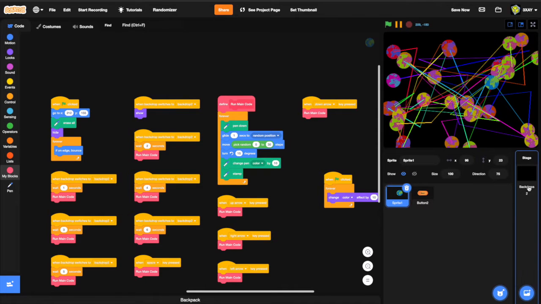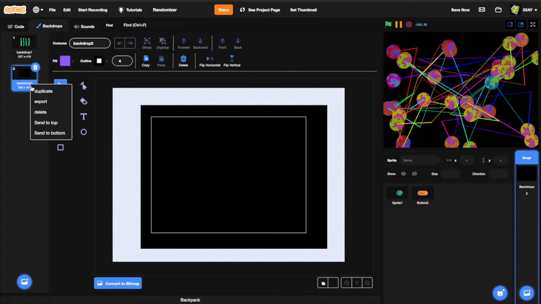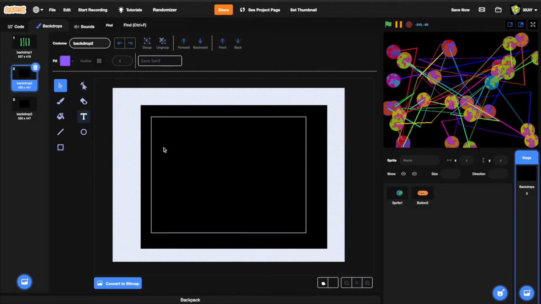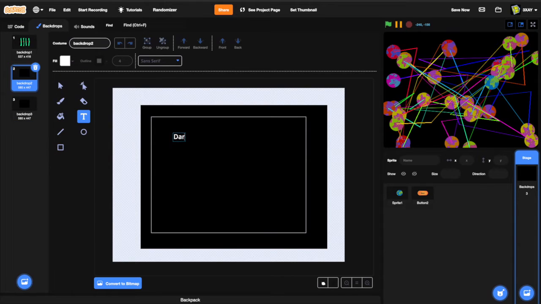You want to go into backdrops, alright? And we want to duplicate backdrop 2, right? Now we have backdrop 3, right? So for backdrop 2, we're going to edit that. So I'm going to say, let's put some white text, and we want to say drag the, and then whatever it is, right? For me, right now it's Earth. So Earth be